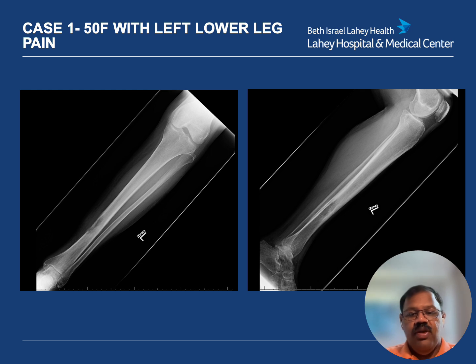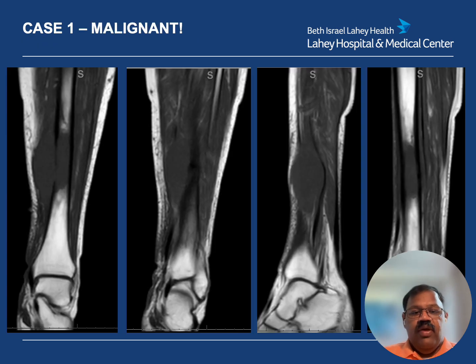It has a very permeative margin. If we look at an MRI scan, here are coronal sections as well as sagittal sections. You can see that there's a lesion that's iso-intense to skeletal muscle, maybe slightly hypo-intense to skeletal muscle on T1-weighted images. Clearly, there's loss of the medial cortical margin there with a large extraosseous soft tissue component extending into